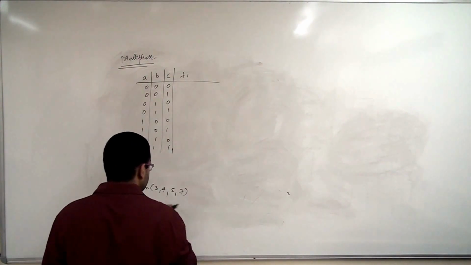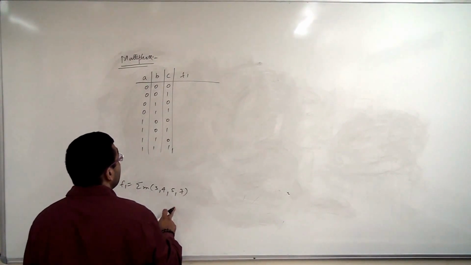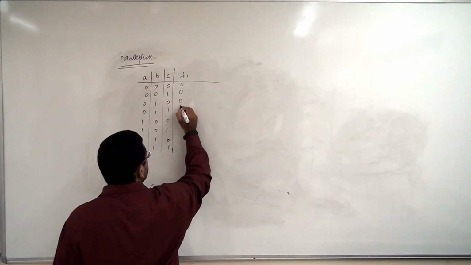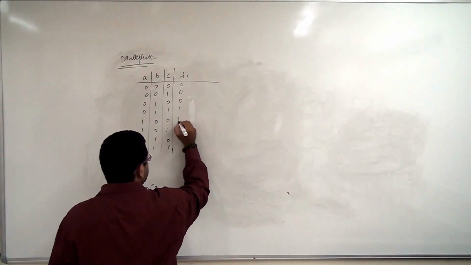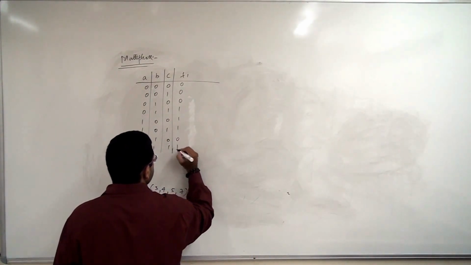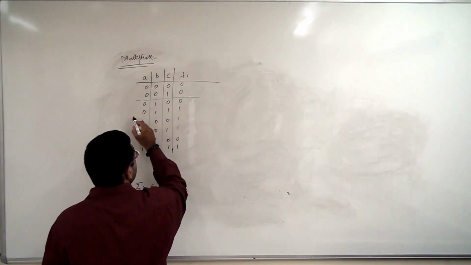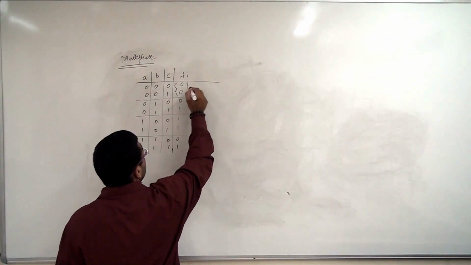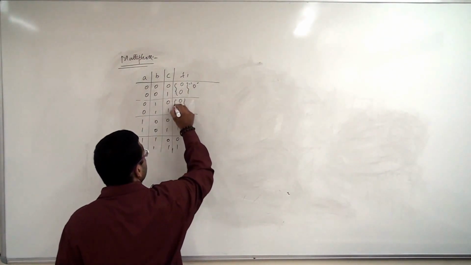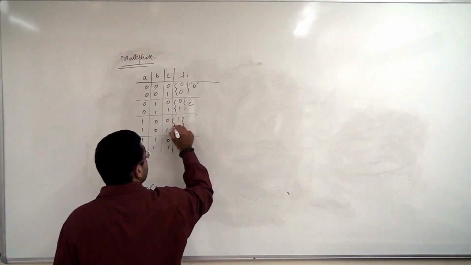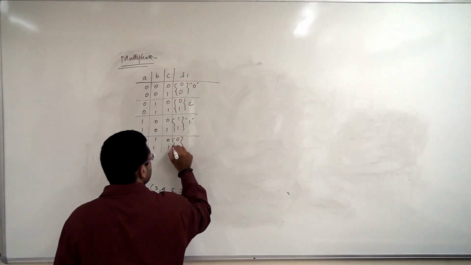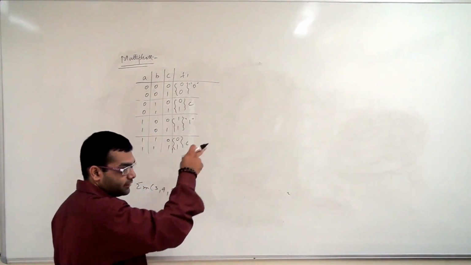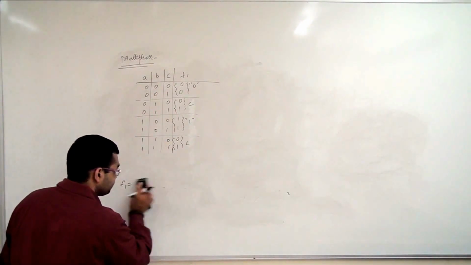Now summation m means at these points the value is 1, and everywhere else it is 0. So 0 it is 0, 1 it is 0, 2 it is 0, 3 it is 1, 4 it is 1, 5 it is 1, 6 it is 0, 7 it is 1. So again we create the partitions like these. In the first partition, irrespective of the value of C, it is 0. Here it is the same as C. Here it is 1. Here it is again the same as C. Alright, so implement similarly.